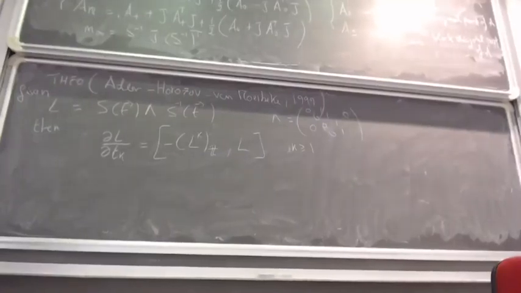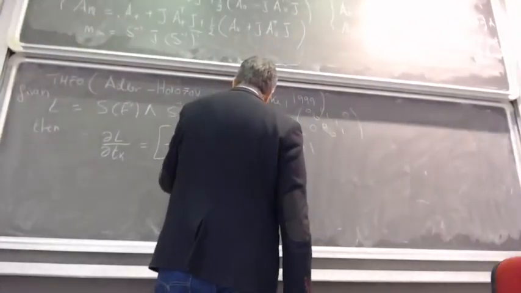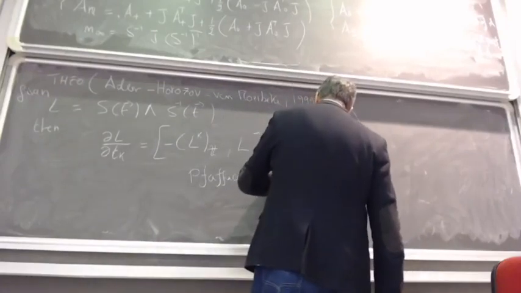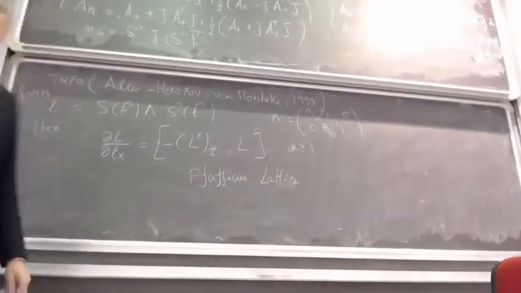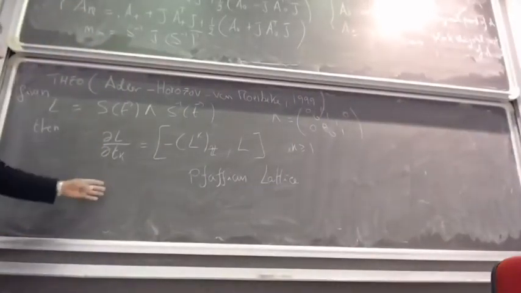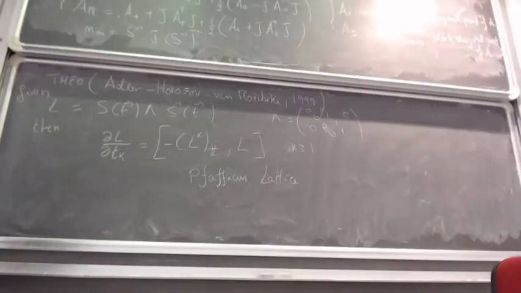So this is what is called the Pfaffian lattice. Right? This system defines a Pfaffian lattice. So a system of equations is compatible, and for our purposes, clearly this extends,